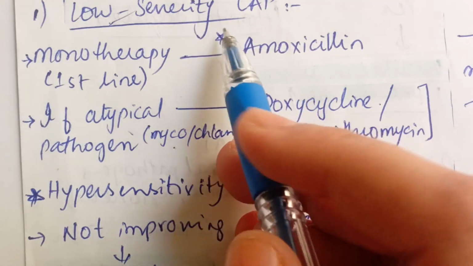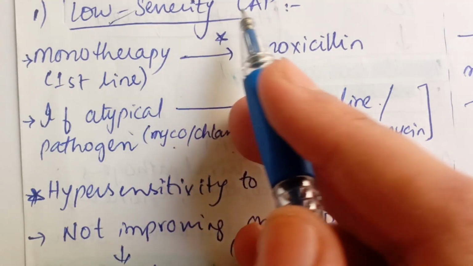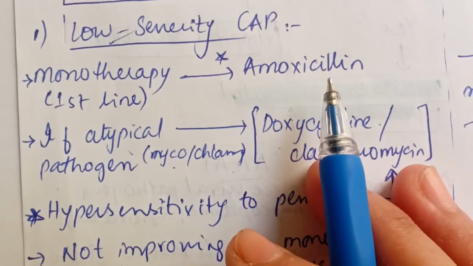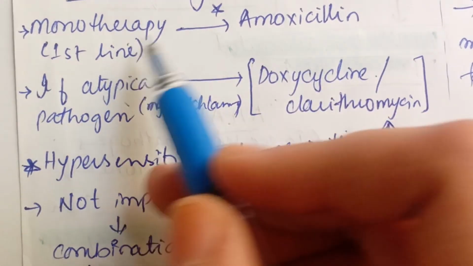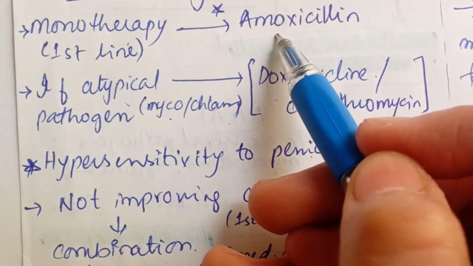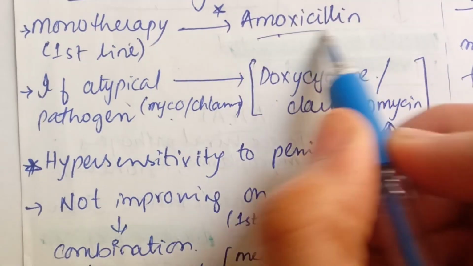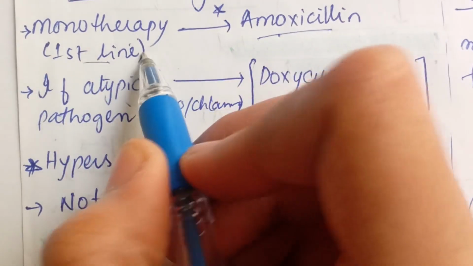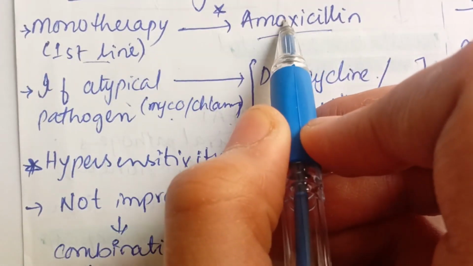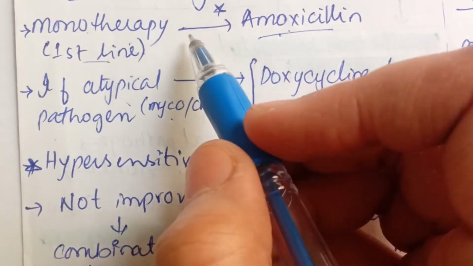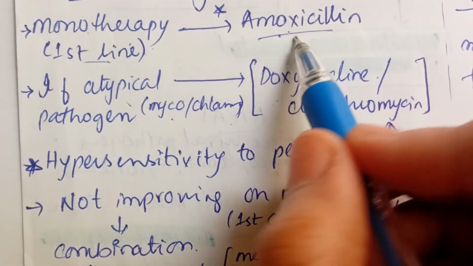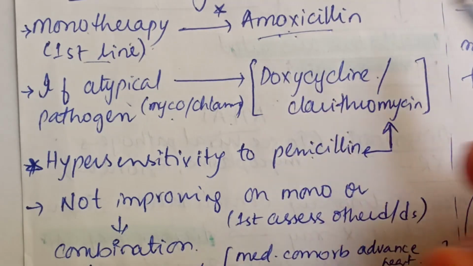So in the previous video in the algorithm, I have already mentioned what is the low severity community acquired pneumonia, which do not require the hospital admission. So the first line treatment for the low severity community acquired pneumonia is the amoxicillin. Amoxicillin is the first line treatment for low severity community acquired pneumonia, and initially the patient has to be treated with monotherapy. Yeah, we are going to give the single drug, that is amoxicillin, to the patient of low severity